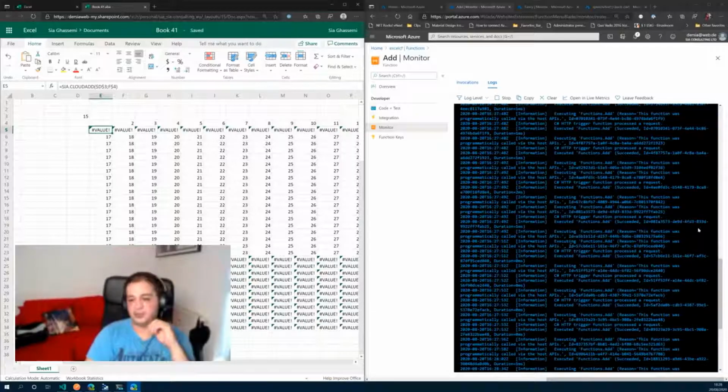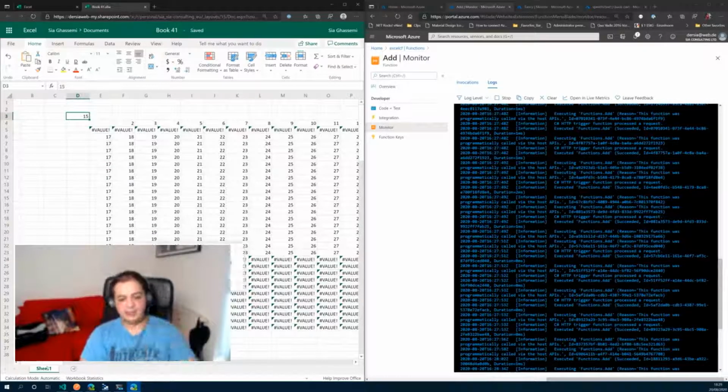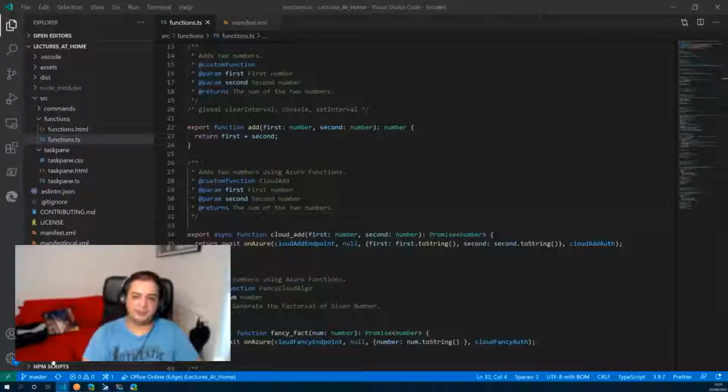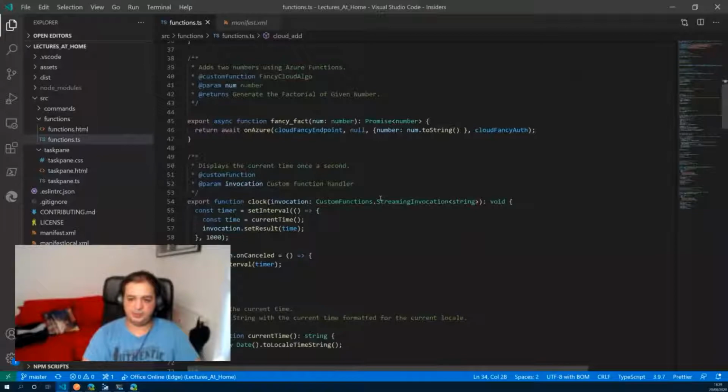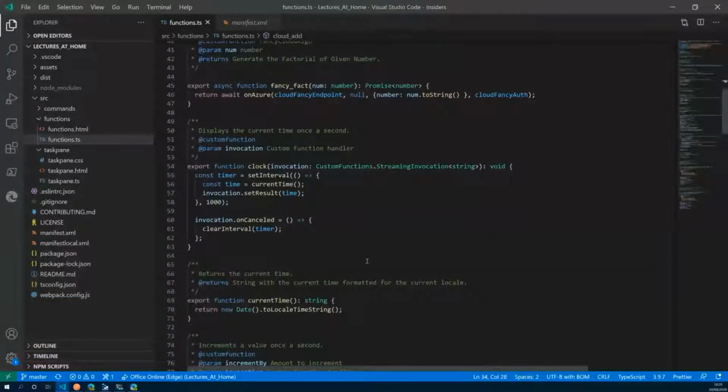And this works nice to show off Azure Functions, but there's one thing that is even more interesting. So as I told you, here we have all our functions that we can just use to do things. So you can have streaming functions, which means over time it is getting a value and then giving it back. So when we use a streaming function like this,